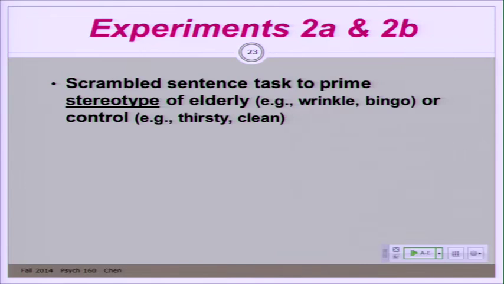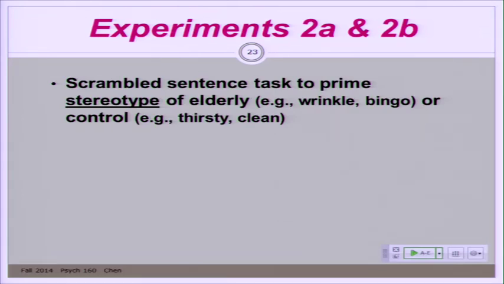Okay, so you either unscramble sentences that have these elderly-related words or not, and then you think the experiment is over, you're leaving. I went to graduate school here at NYU, and the study was done when I was there, so I know it well. There's only one way out of 6 Washington Place, down in the Village at NYU. You have to leave down a particular hallway to get to the elevator to get out of the building. So they knew that. Participants are leaving after they think they're done with the experiment. Unbeknownst to them, there's some RA down the hall sitting there pretending to study who has a stopwatch. And they are measuring the amount of time it takes participants to walk from leaving the room to some little hidden sticker on the floor.